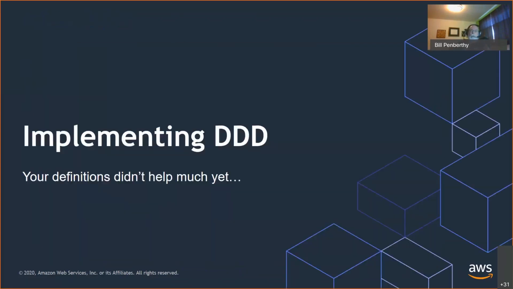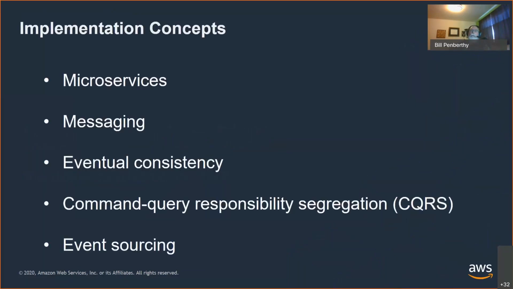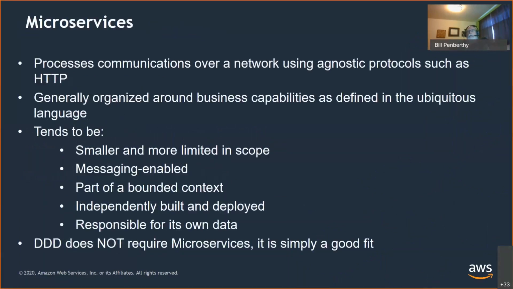So now that you know some of the words, let's look at some of the common implementation approaches that are recommended as part of domain-driven design. So these are some of the implementation recommendations that we're going to go over. Each of these you'll pretty much have heard as being common in domain-driven design. Microservices, messaging, eventual consistency, command query responsibility segregation or CQRS, and event sourcing. So microservices,